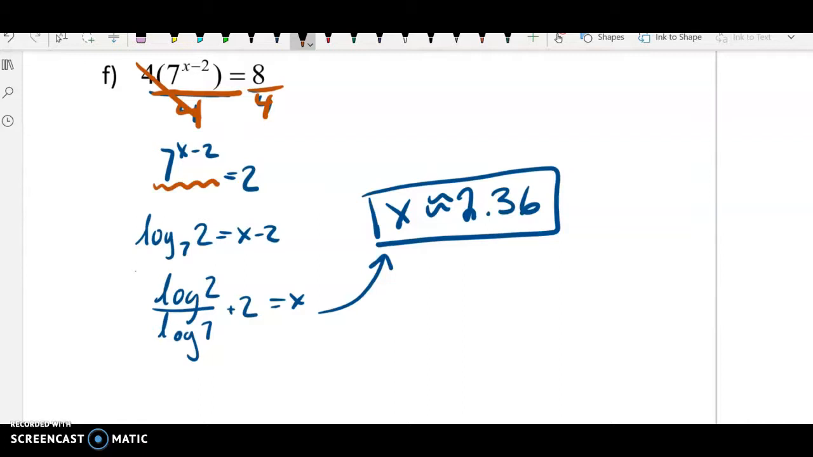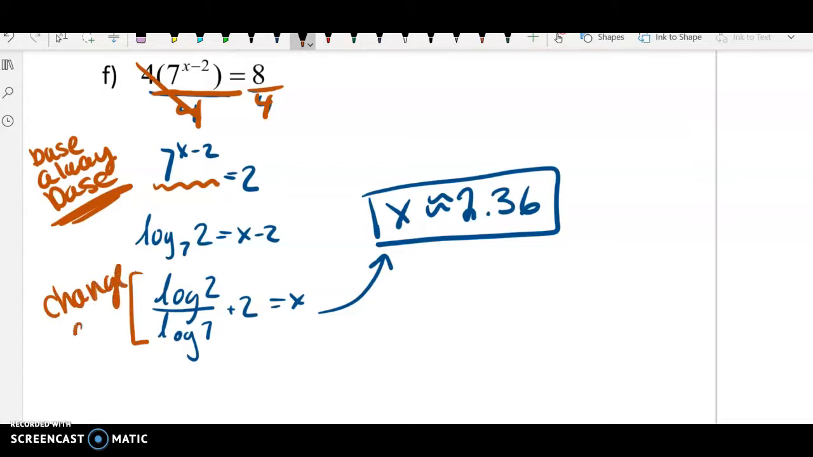Then from here, I'm going to rewrite this as a log. Remember, the base is always the base. So log base 7 of 2 equals x minus 2. And then you're going to do the change of base. When you do the change of base, then you're going to add 2 over, and then you put that in your calculator, and you get approximately